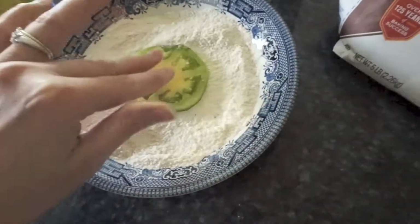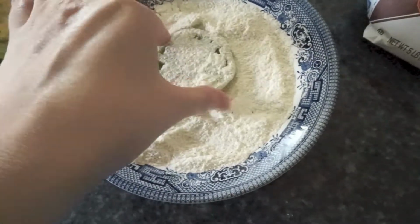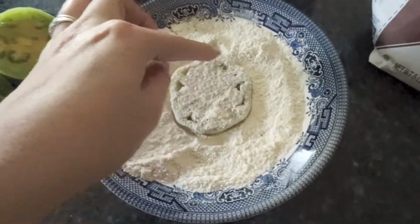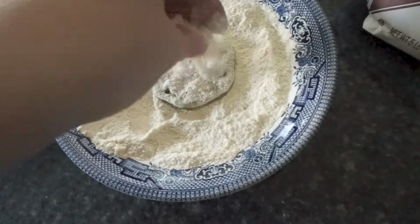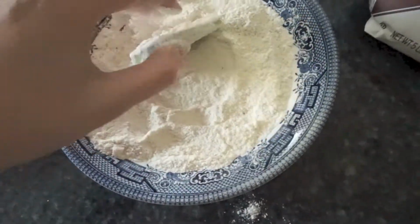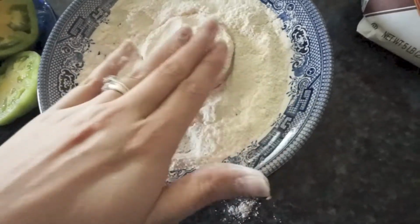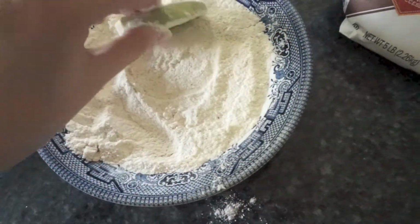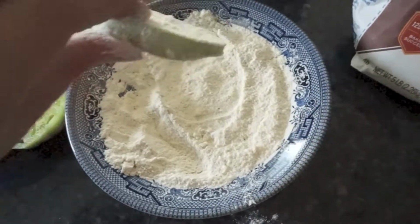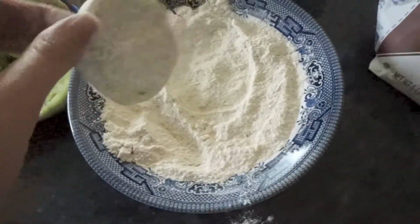And so what I do is I just coat them in this. I press them in really nicely, coat both sides really good. And you can see like there's holes and stuff. You can fill those holes a little bit and get all the moisture with some of this cornmeal on it. I just pat it in nice, and that's it. I just put them in just like that, shake them off a little bit, and then I stick them in